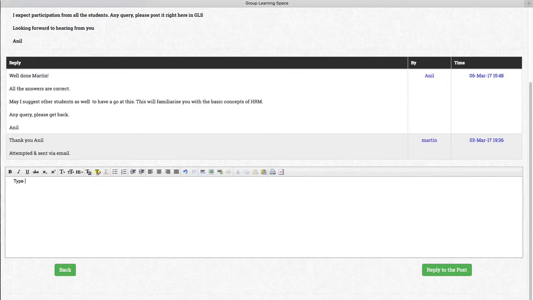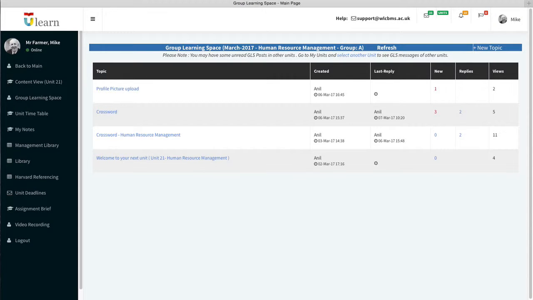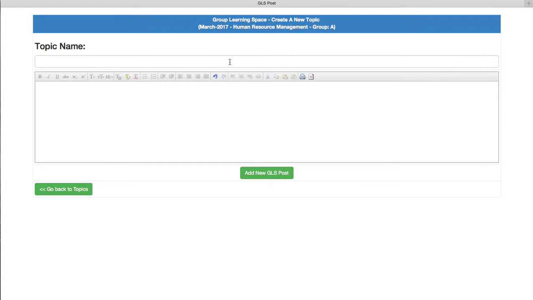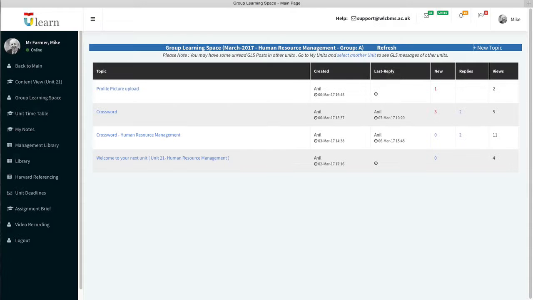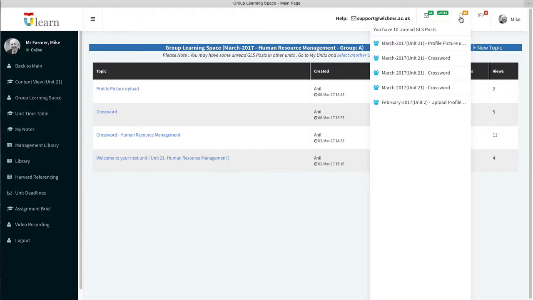To get involved, you can either follow and contribute to an existing conversation by typing your response here, and then hitting reply, or you can start a new group learning space discussion by clicking on the New Topic button, give your new topic a name and type your post. And don't forget, you can easily access any unread group learning space posts from this link at the top of